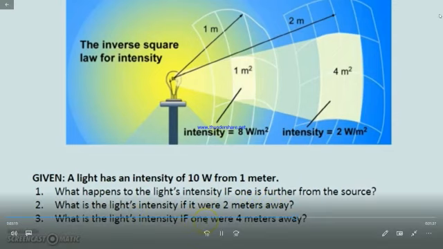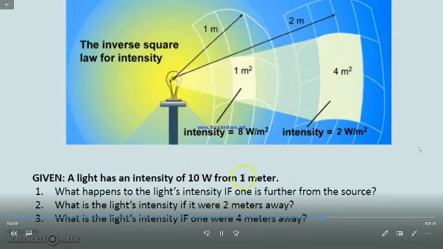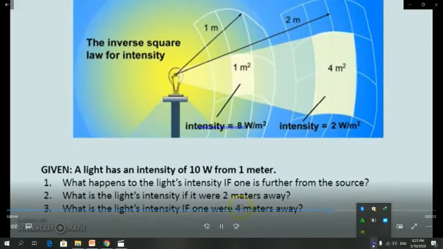So what is the light's intensity if one were 4 meters away? Well, 4 meters away from my reference of 1 is going to be 1/16. So 1/16 of 10 is going to be 0.6 watts per meter squared. And I would take my 10 watts at 1 meter and divide it by 16, right? Inverse square. The distance of 4 meters further